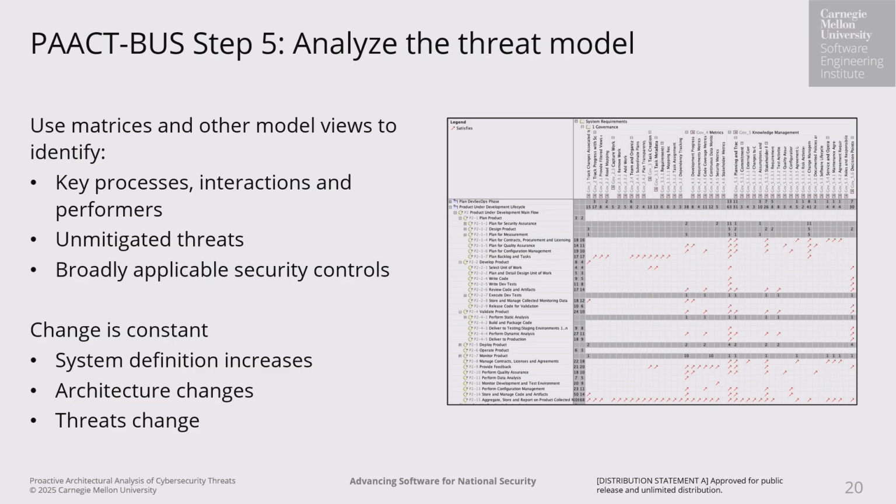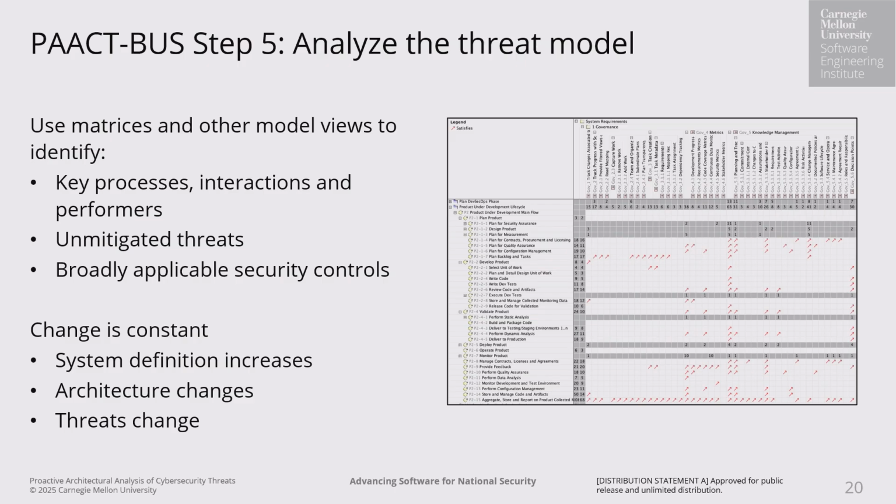So step 5, right, is the analysis. I mentioned earlier how you could do most of everything up until this point with diagrams. In fact, I've been showing you diagrams that prove you could probably just draw this out on a whiteboard, right? However, when we get to the analysis stage, this is where we really start to reap the benefits of a model, because we start to extract information that we generated through those security taxonomy diagrams, and we're able to tell, hey, did we actually do a good job threat modeling, right?